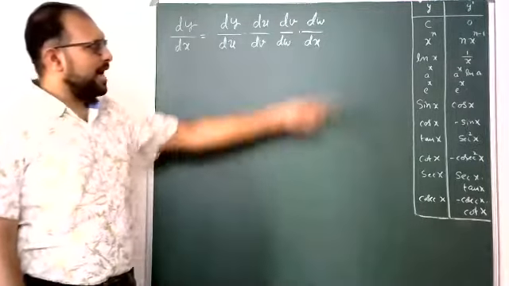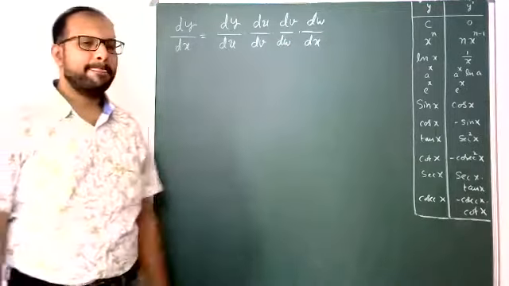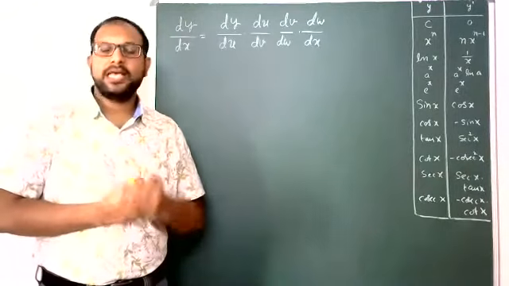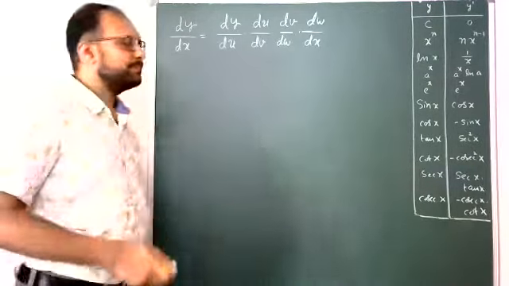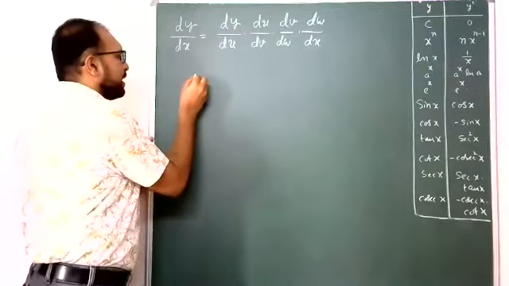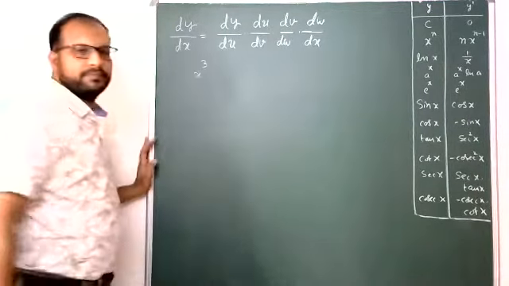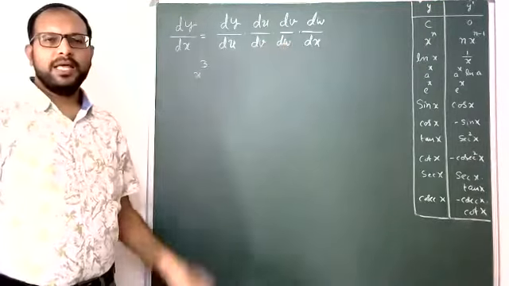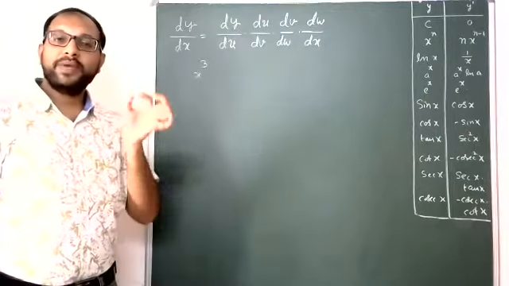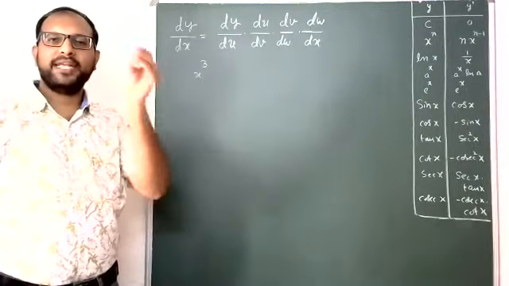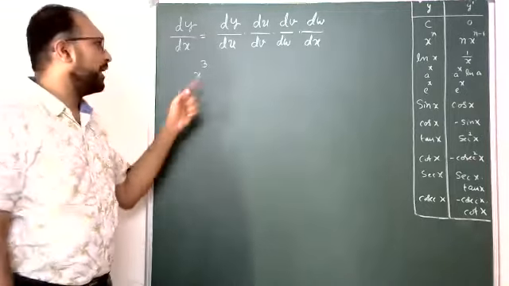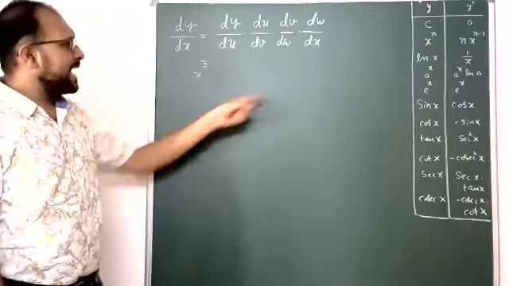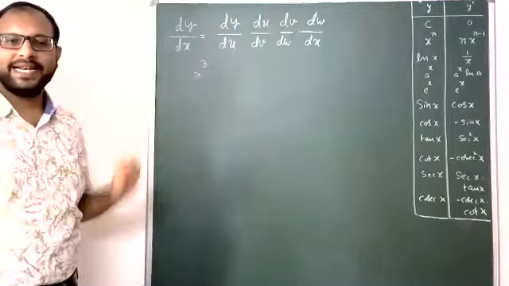See, first I am taking from those functions only. Suppose first x to the power of n only. Suppose x cube. Students, the derivative of x cube is simple, because of the x to the power of n model, n means here 3, that's why 3 into x to the power of 3 minus 1, that is 3x square. Its derivative is 3x square. This is direct from the x to the power of n formula.